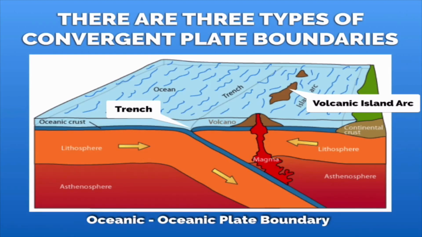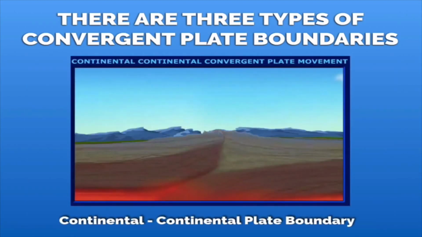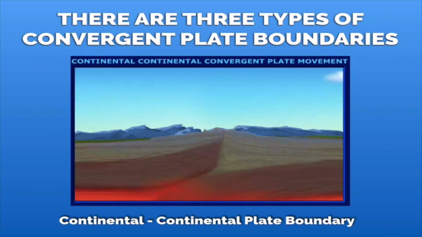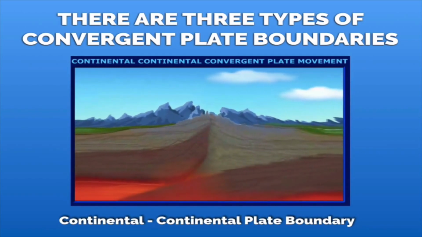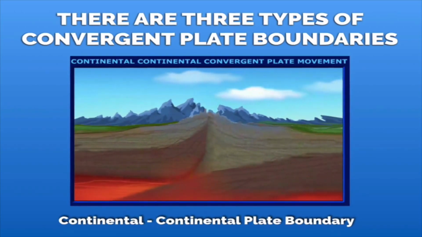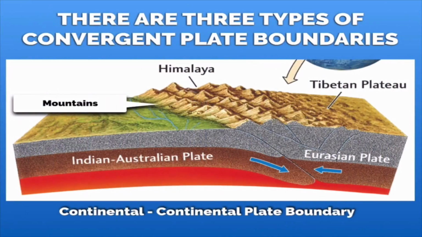And we have one more example, and that is a continental convergent plate boundary. At a continental plate boundary, we have mountain building. Because both types of crust here are the same density, instead of one subducting beneath the other, they push upward to build peaks. So the best example would be the